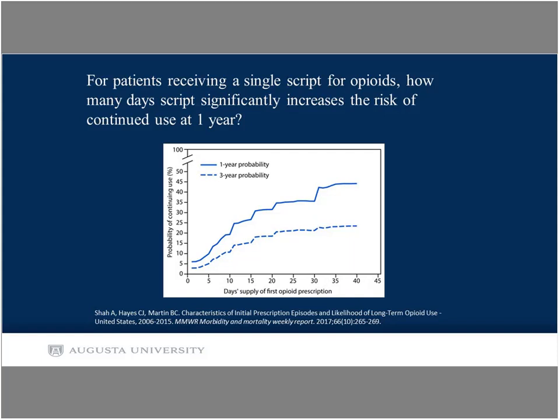Essentially it shows, based on the number of days' supply of your first prescription, what the odds are that you'll still be taking prescription opiates 1 year later and 3 years later. So if you look, for example, at an individual who gets an initial prescription for opioids, a 30-day prescription,